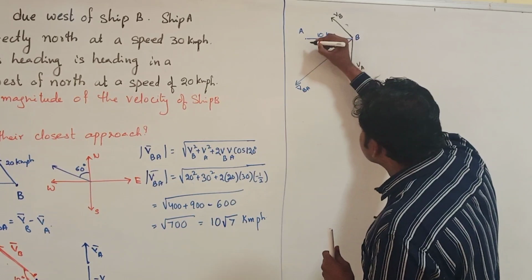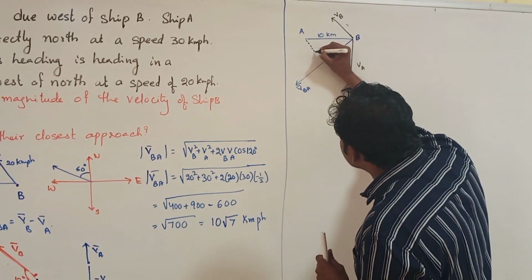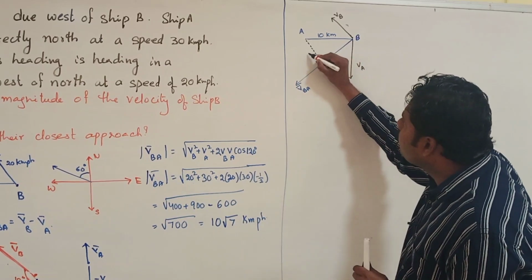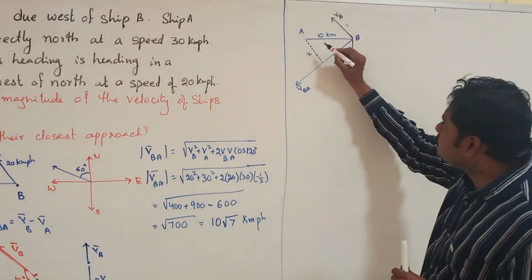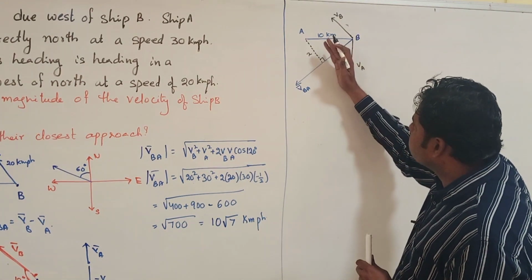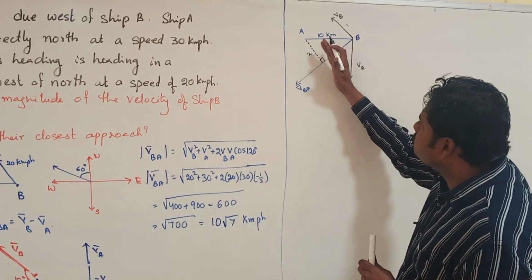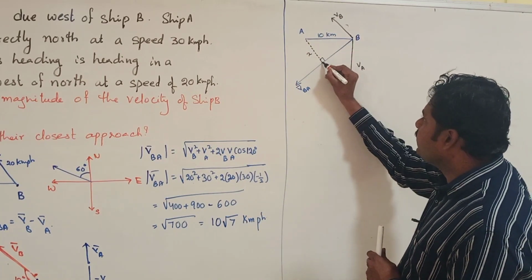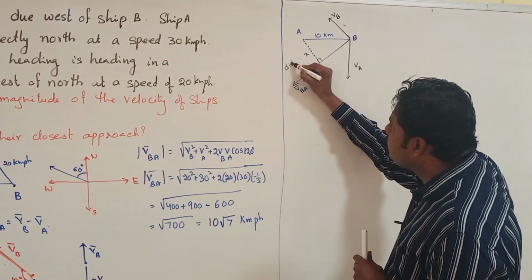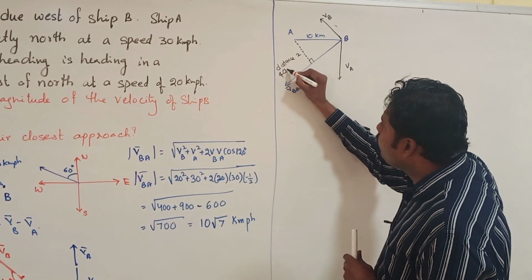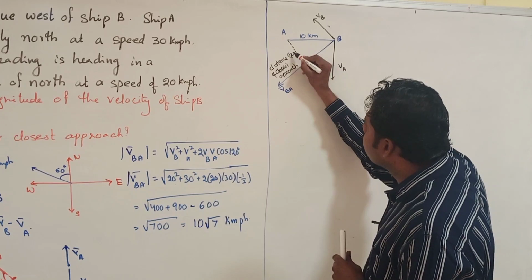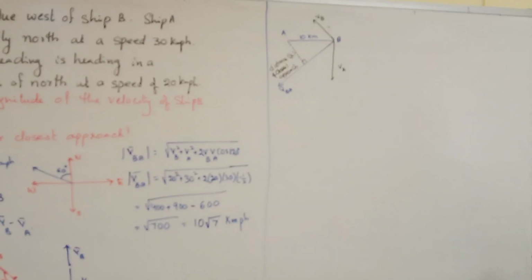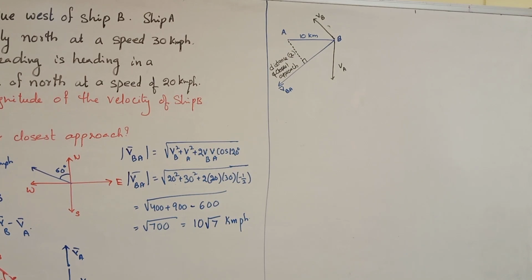This is called the distance of closest approach. The distance of closest approach, X, is where it is making 90 degrees. Beyond 90 degrees, it has a larger value, so I am considering it at 90 degrees. This is called the distance of closest approach. Right? This we have to find out. Now we need some vector algebra here.